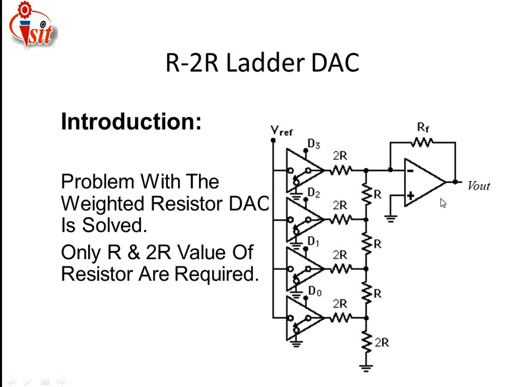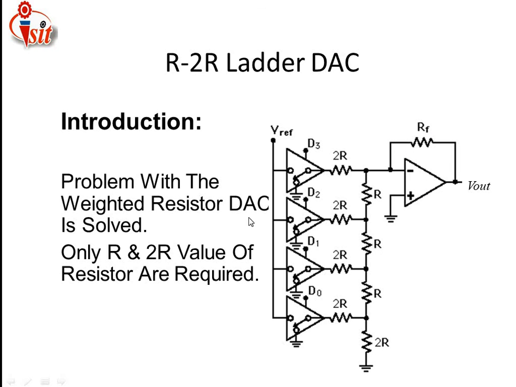Just see here, in the modification done over here, the positive terminal, that is the non-inverting terminal, is connected to ground, and the negative terminal is applied to this series connection of the input supplies along with the reference voltage. Here the R and 2R look like a ladder structure, so it is called an R-2R ladder. And here also, from the output to the negative path, RF is connected as a feedback resistor over that op-amp circuit.